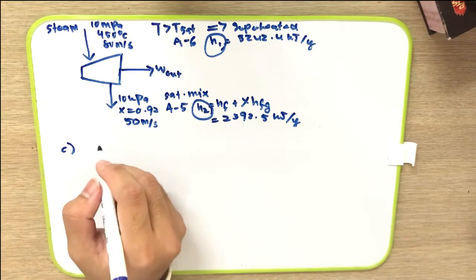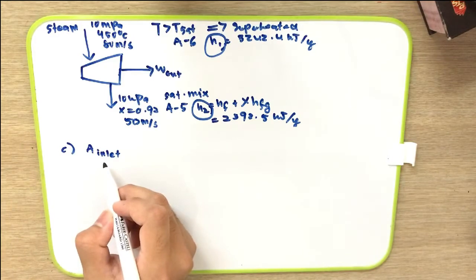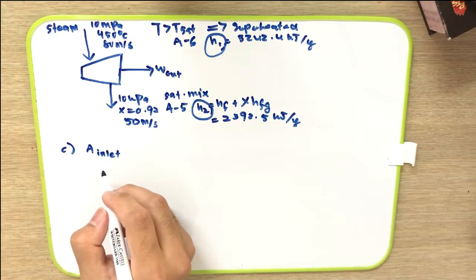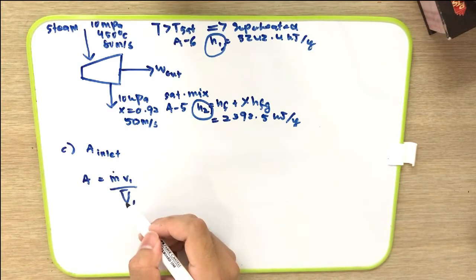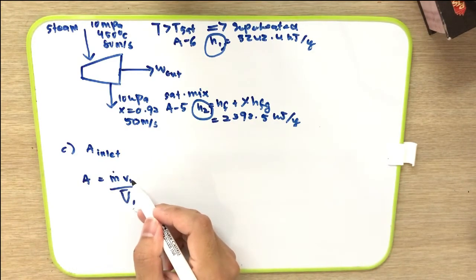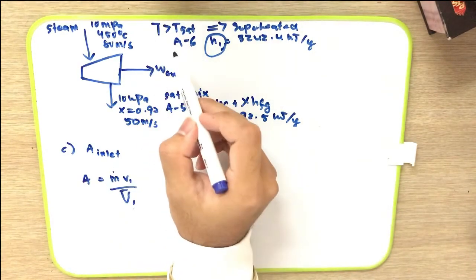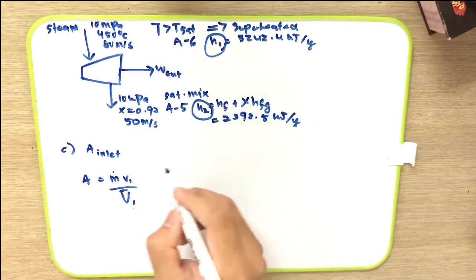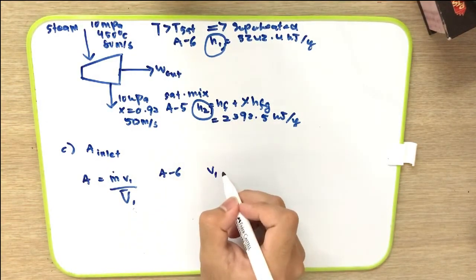Next, we have to find the turbine inlet area. In order to find the area, we can use this equation. In this equation, we need the specific volume and also the velocity. The velocity is given, and now we have to find the specific volume. Because at the inlet the phase is superheated, from table A6